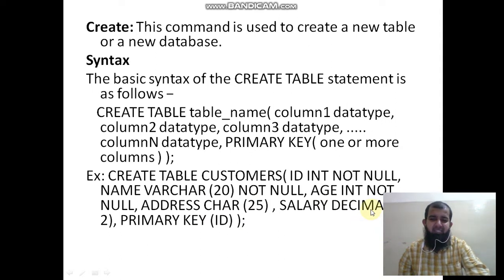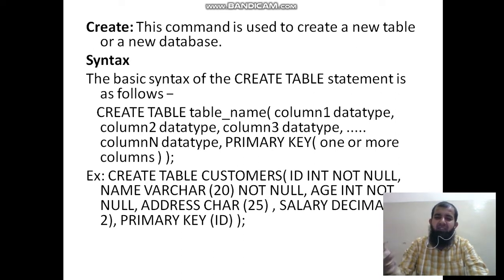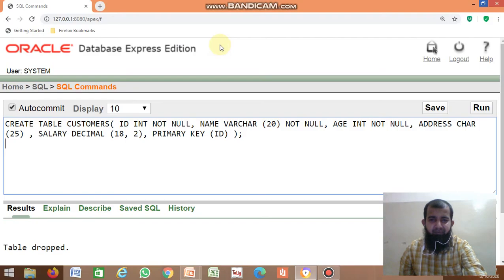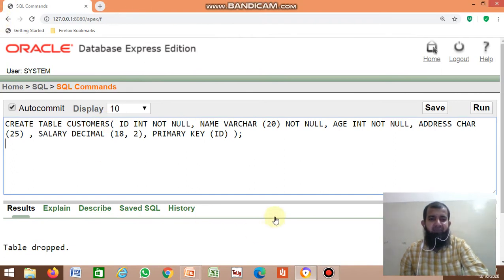Salary contains numbers, like 25,000 or 50,000. Decimal 18 comma 2. After that I will show you how to create the customer table.